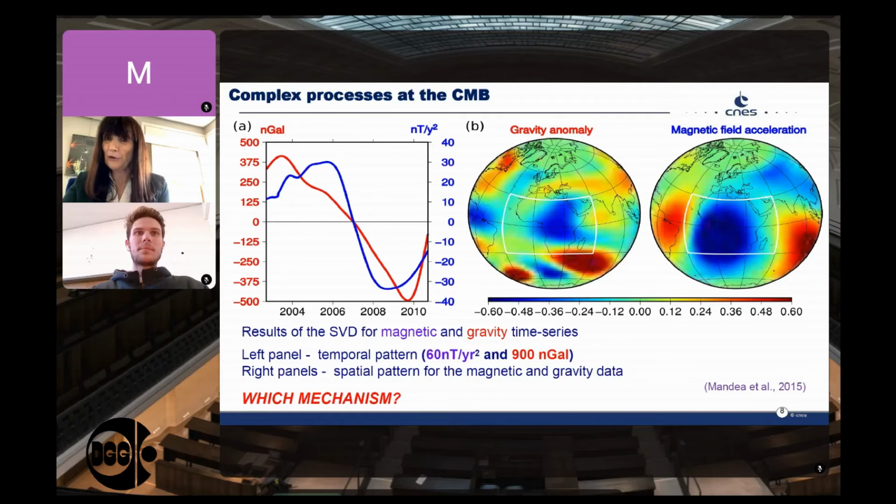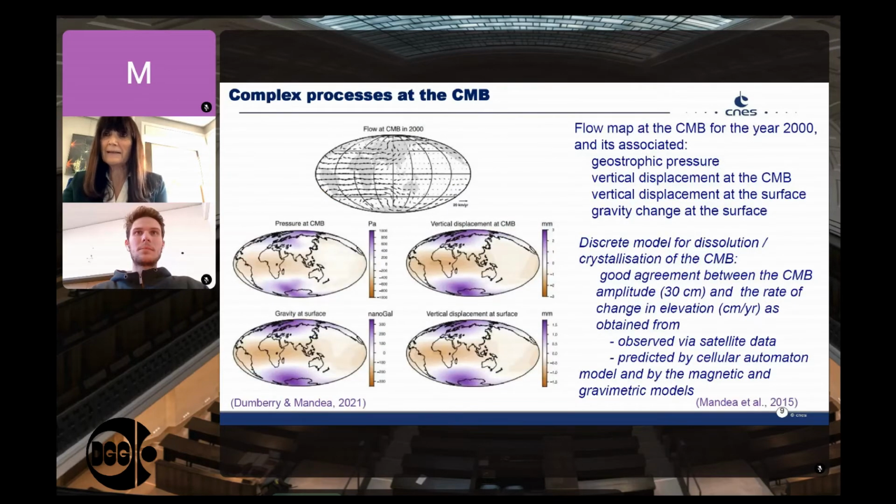And we continued the work during the last years, as you can see in the next slide. And here, first of all, it's shown a flow map at the core-mantle boundary, and also different components associated: geostrophic pressure, vertical displacement at the core-mantle boundary, vertical displacement at the surface, and gravity change at the surface. And what is nice to see is that what we